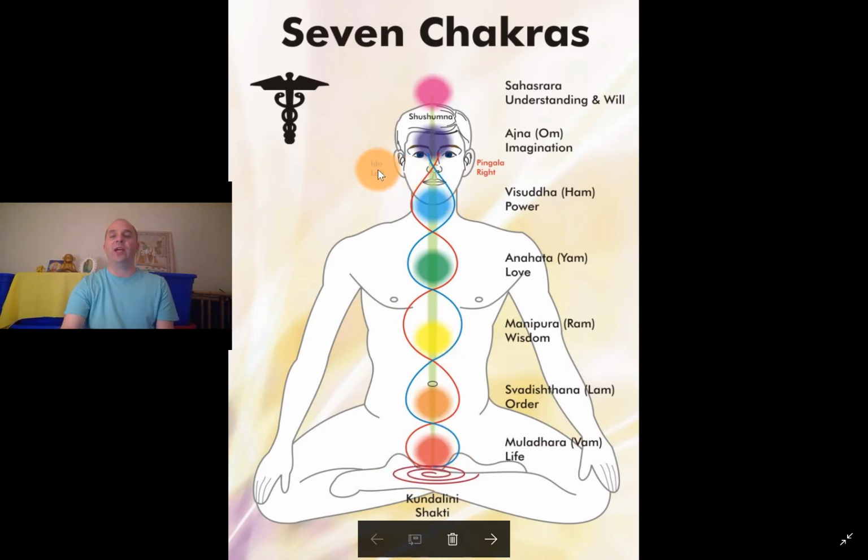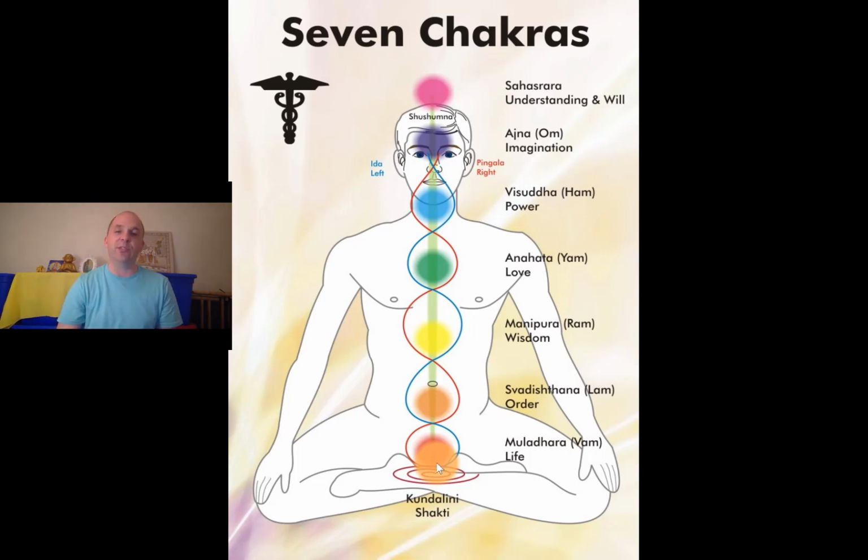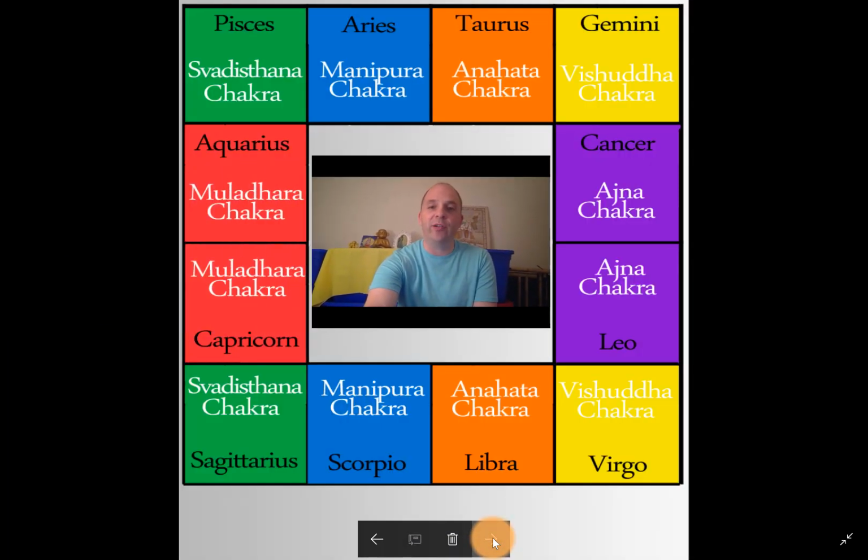So what you have here is the Ida and the Pingala, right? Those are like the masculine and the feminine flows of energy, and where these two lines intersect is where the chakras are supposed to be located. These two main nadis circle the Sushumna nadi, which is like the subtle spine channel. So anyhow, that's chakra theory for you.